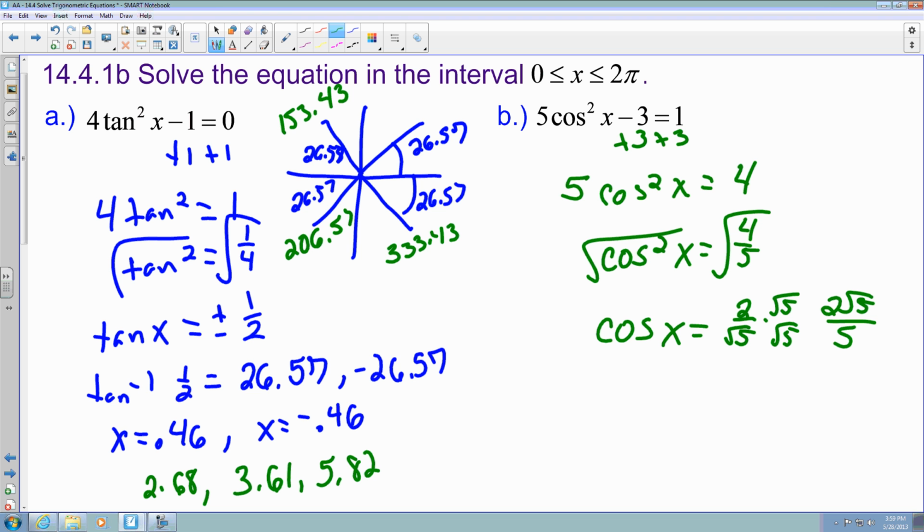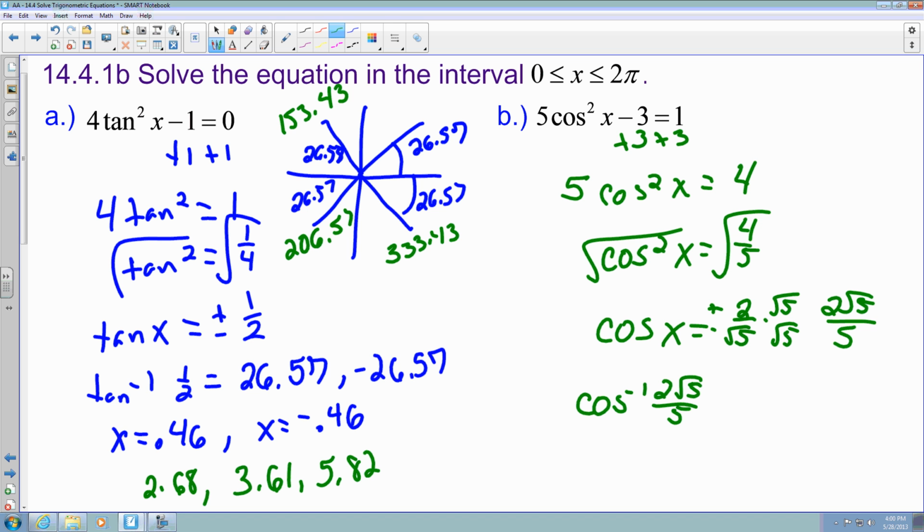So now 2 times the square root of 5 divided by 5 is not a special trig ratio, so I must take the inverse cosine. This is going to be plus or minus, I'm sorry, so it's going to be plus or minus 2 times the square root of 5 divided by 5. If I punch that into my calculator, the square root of 5 times 2 divided by 5, I get like 0.8 something. So if I take the inverse cosine of my answer,